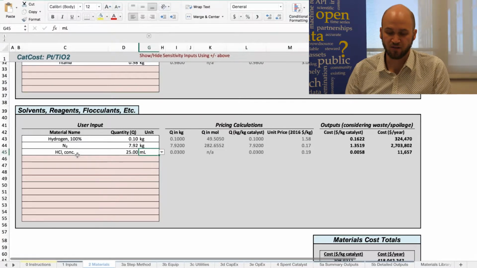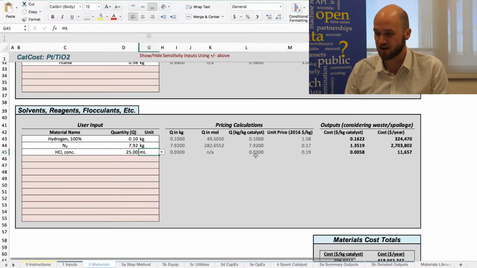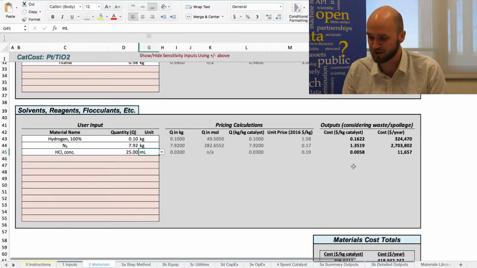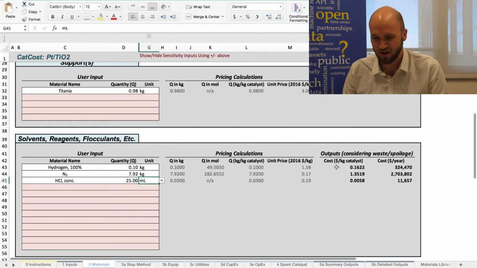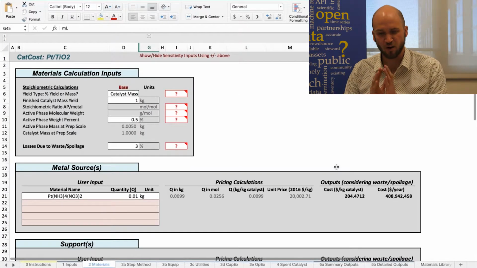And you can see that if the density is entered appropriately in the back end in the materials library, then it will automatically do all of these calculations to give me the amount of HCl that's required in kilograms, the units I selected earlier, and flow all the way through to a cost in the bottom line. Turns out HCl is quite cheap, even at this consumption rate. So that's our materials